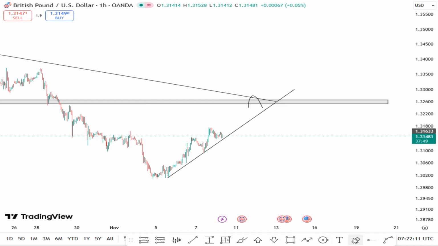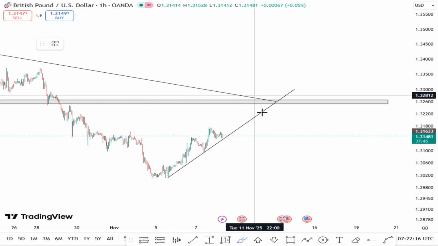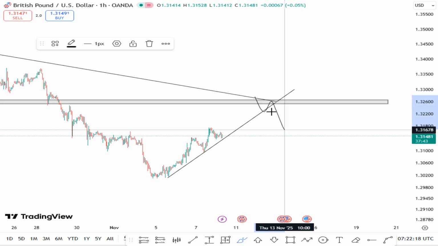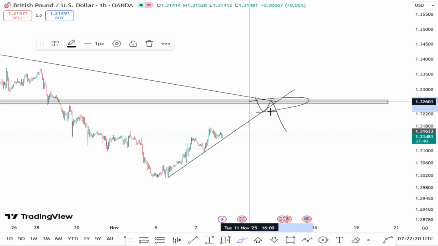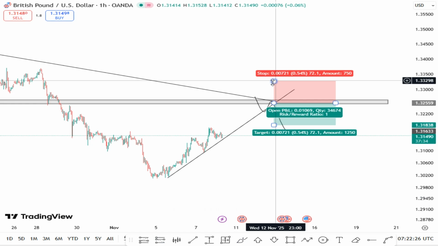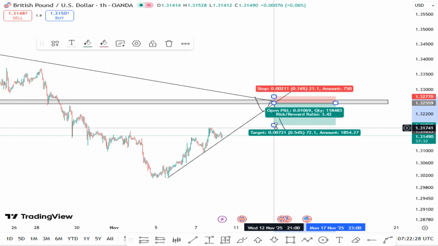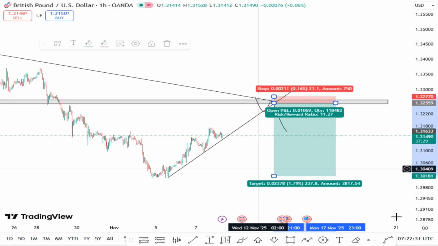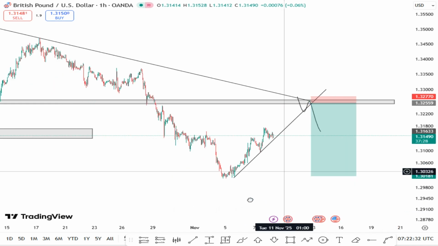Now what am I looking for? I want to see price taking out this trend, impulse correction, breaks. I'm looking for sales right there. Now that's when I'll be looking for sale, probably let's say pullback, look for sale right there, have my maybe stop loss above, and boom, 1:3, whichever. That is how I trade, correct?